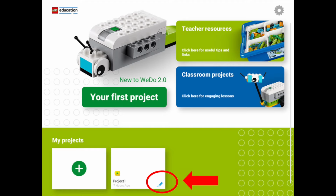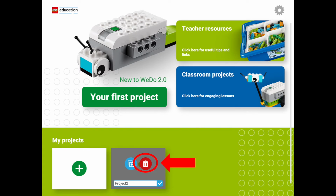Whether you need to delete your project or you need to rename it because it's a project that you have created, you're going to click on that blue edit pencil. If it's a project that you're deleting, you'll just click on that red delete button and then your project will be deleted. If you created a project that you are the original creator of, you are going to want to